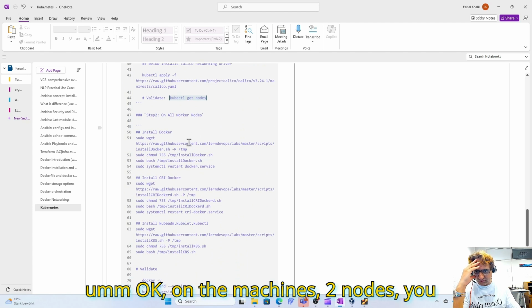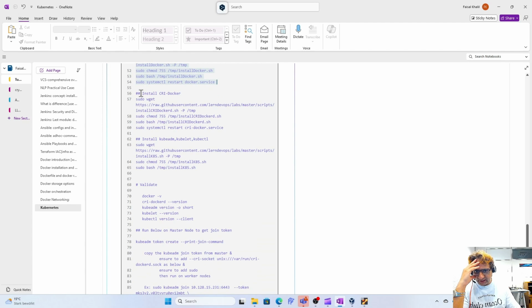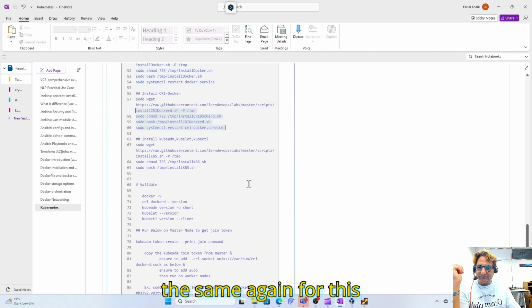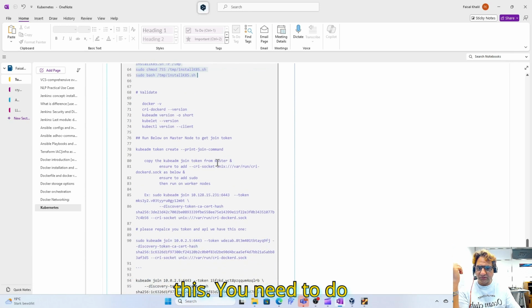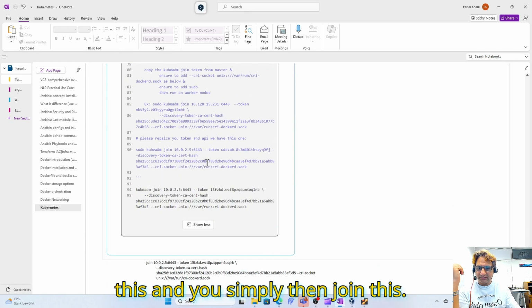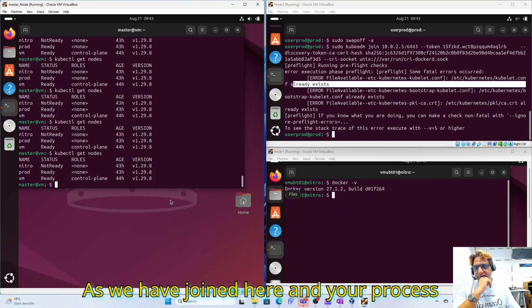Okay, on the machines, two nodes, you need to install that. And you need to do the same again for this Docker thingy. And then you need to similarly install this. You need to do this, and you simply then join this as we have joined here, and your process should be